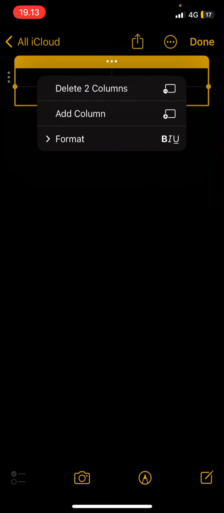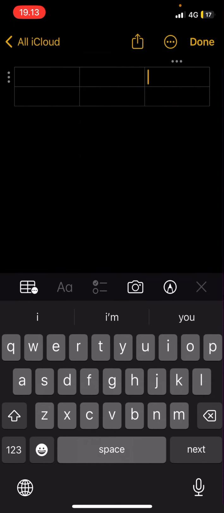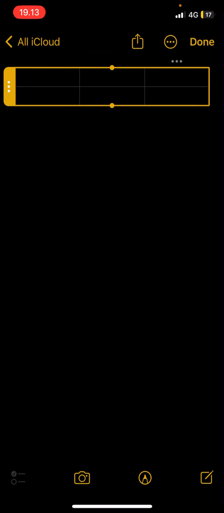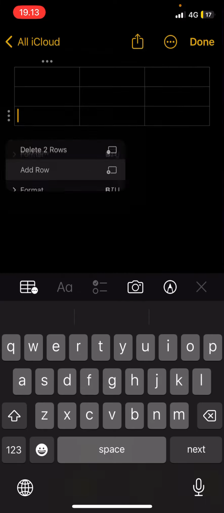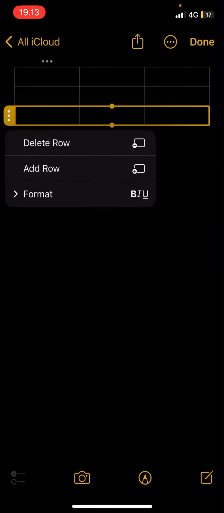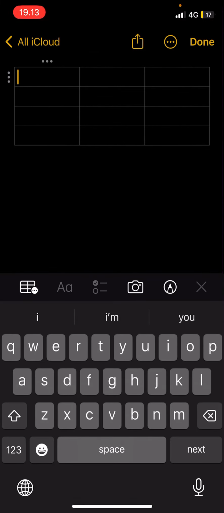You can even add a column here. For instance, you want to add 3 columns, you can do that. You can also add in more rows here, add row, add another row, and you can fill these columns, rows in. For instance, A, B, C, and